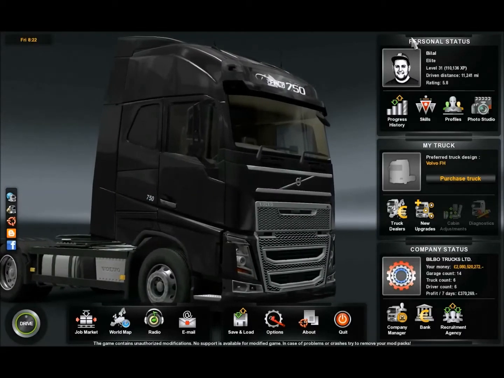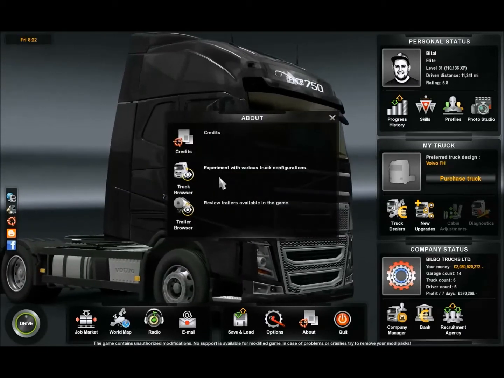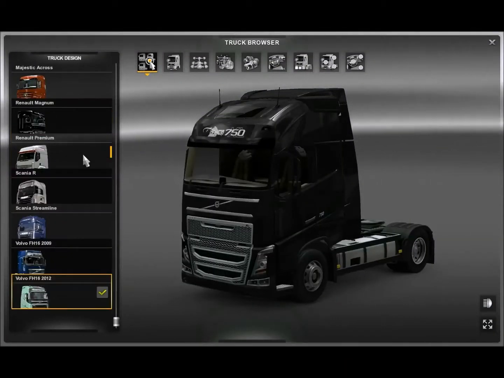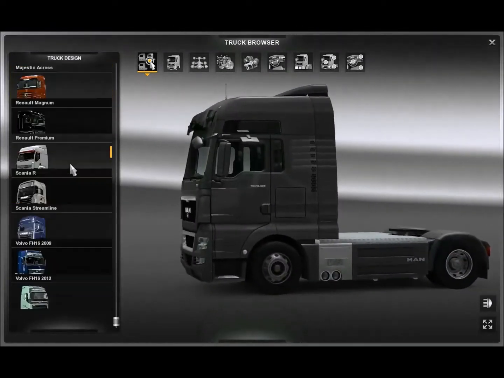So there's nothing really changed here except this part. Rather than the credits, it's about. So you can experiment with various truck configurations. Now this means that you'll be able to preview your trucks